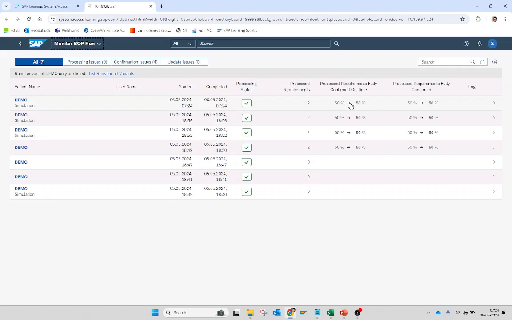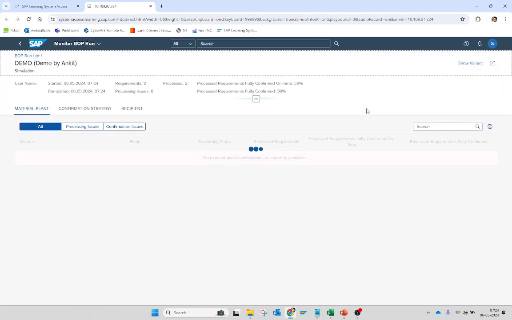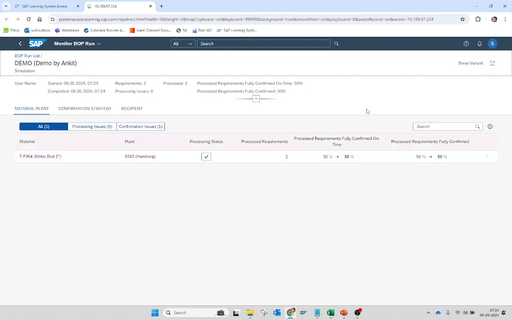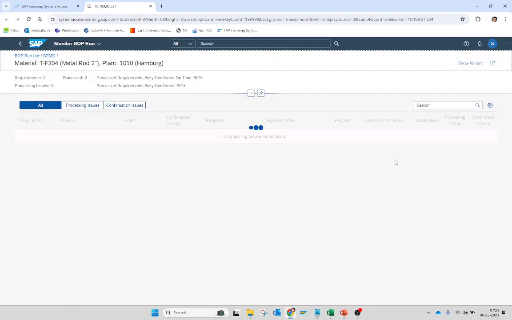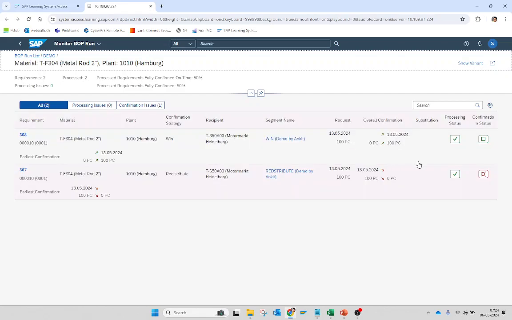So we can see that simulation was carried out, and here we can see, if I go into the detail,